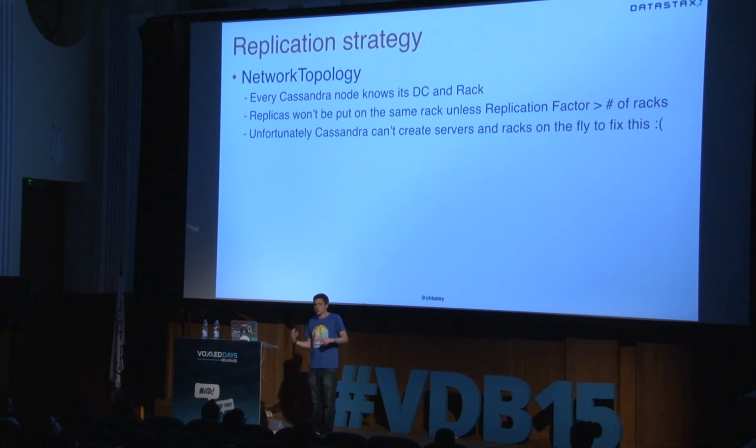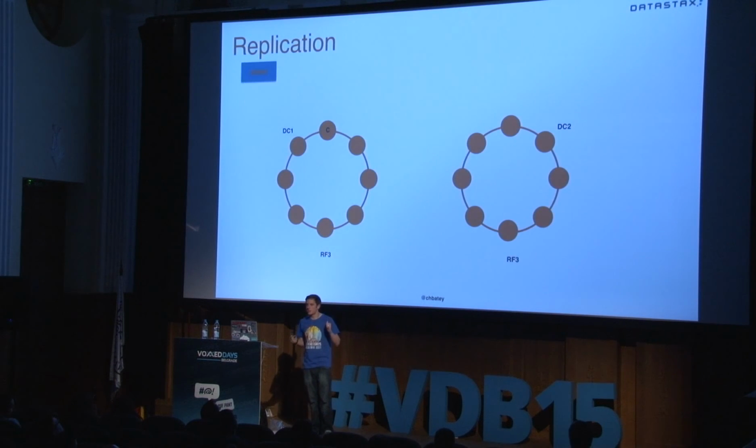A very common setup is to run in 2 data centers and have at least 3 racks in each data center. And so your data is actually spread across 6 independent racks. So you can handle 5 of them going down, 5 out of 6 of your database servers going down, without actually losing any data, which makes writing slightly more complicated.